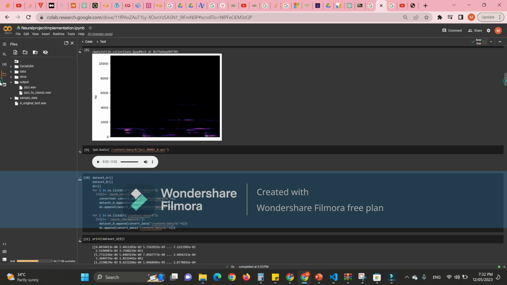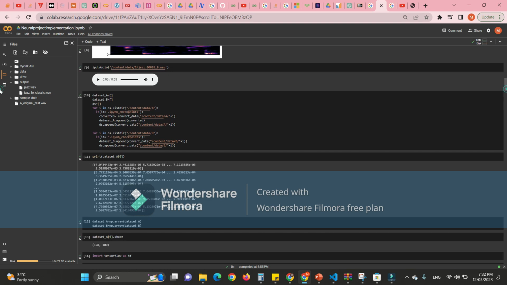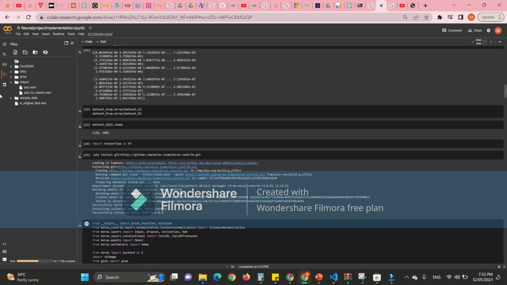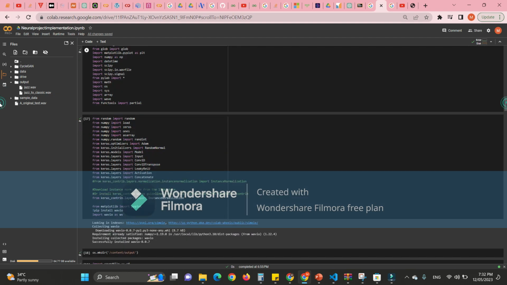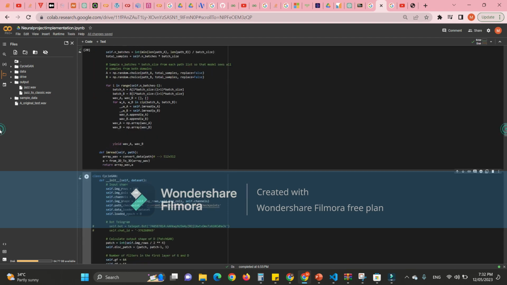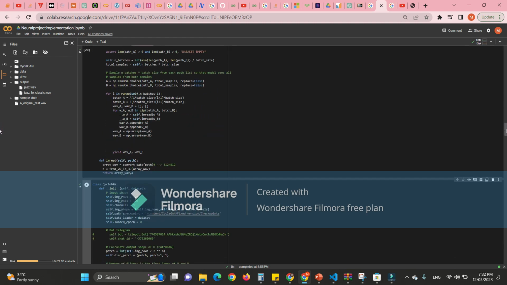Next, we used a data loader class, through which we ensured that all of the spectrogram arrays that we were feeding into our cycle GANs were of the same size. So it was just used to, obviously, from the name, load the data into the cycle GAN to train. This is the data loader class that was used.